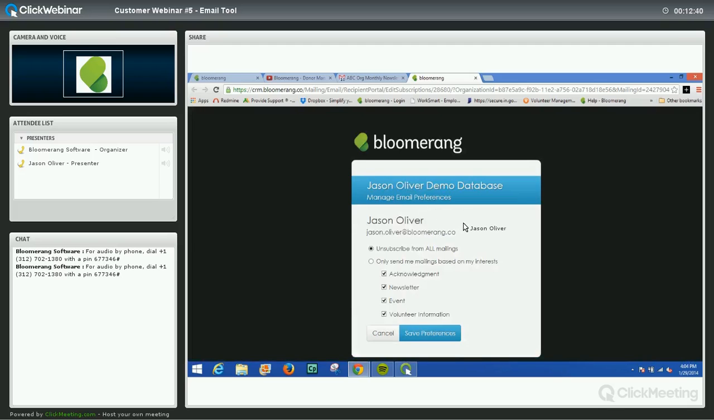Okay, so there we go. I'm given the option. I can unsubscribe from all mailings. That's kind of a default, right? Or I can say, well, I don't want to unsubscribe from all mailings. I would like to still receive some different types of emails, and those emails are presented to them. So you don't want to do specific things like your 2013 gala follow-up as a subscription list value, or your board member